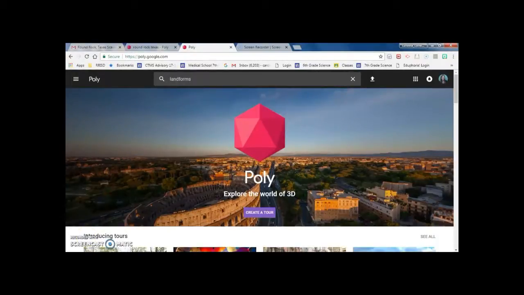Have you ever thought about how you could actually make a VR tour with your students? Well, don't look anywhere else. This is the place to do it. You can use Tour Creator. I'm going to take you through a step-by-step process of what I would do with my students to create